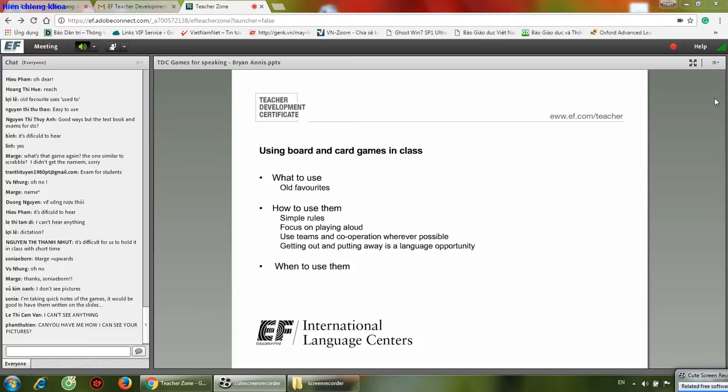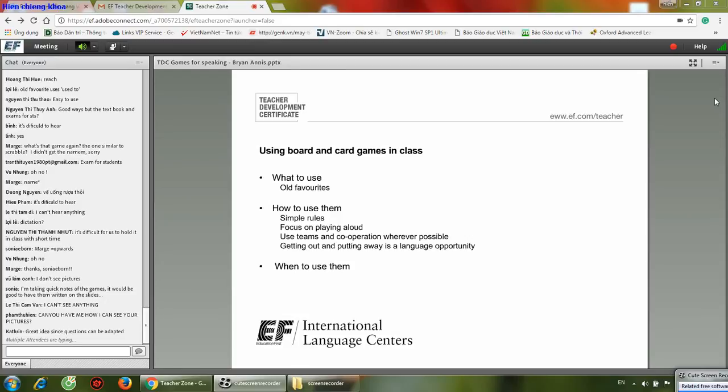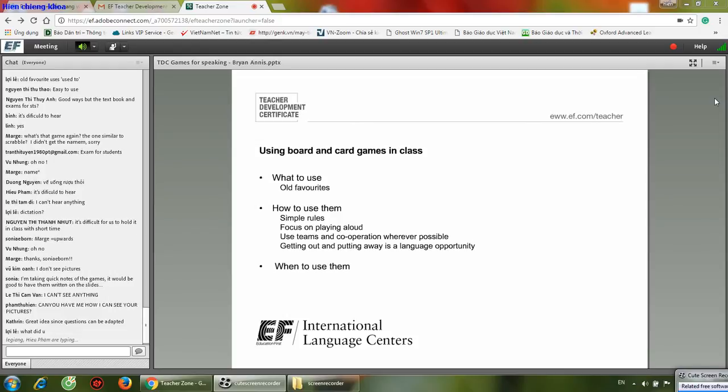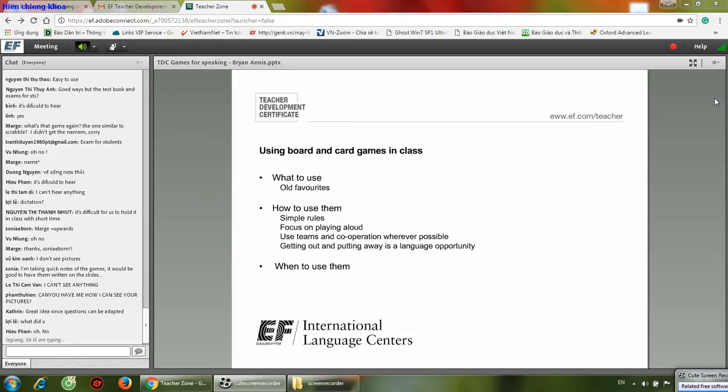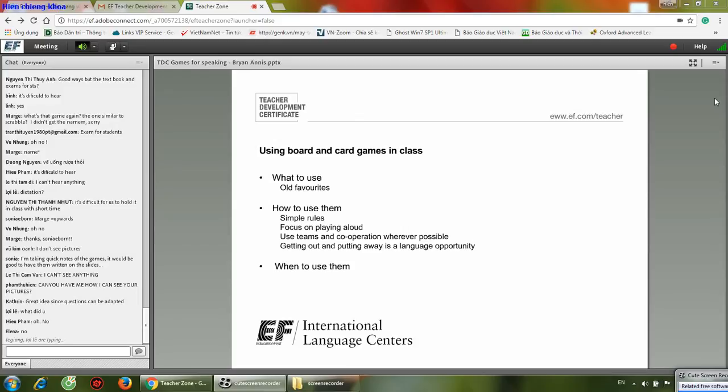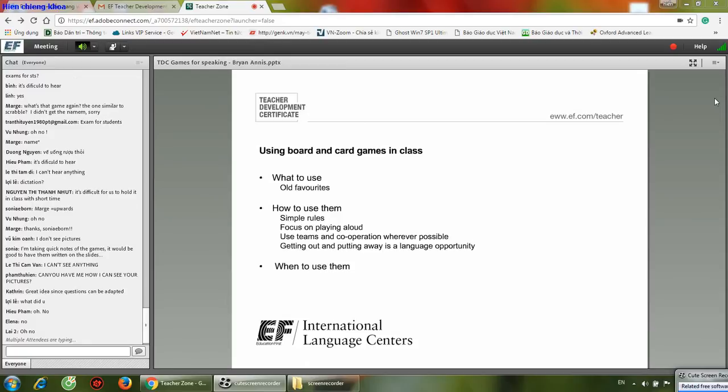So, what I'm going to do now is especially take note of this. We're going to have a look at using board and card games in the classroom. So, what board games can we do? There are lots and lots of different types of board games. I have seen my own teachers bring their own board games in because maybe some of their children haven't actually